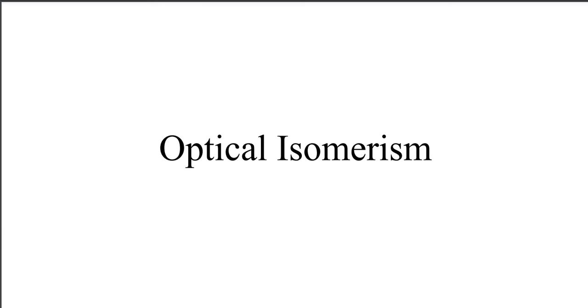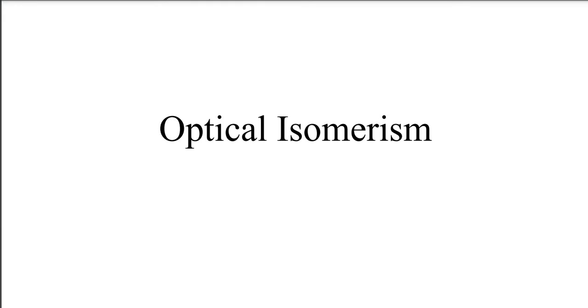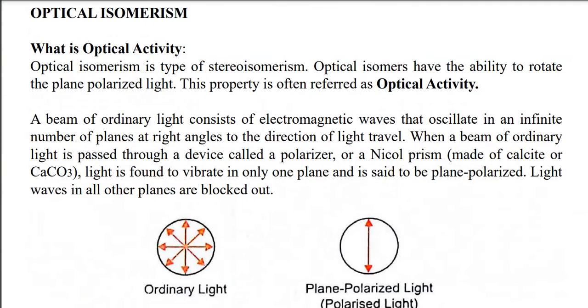Today in this video, I am going to talk about optical isomerism. So, what is optical isomerism, or what is optical activity? Optical isomerism is a type of stereoisomerism. You know, optical isomers have the ability to rotate plane polarized light, and this property is often referred to as